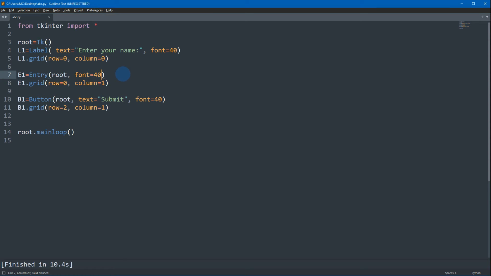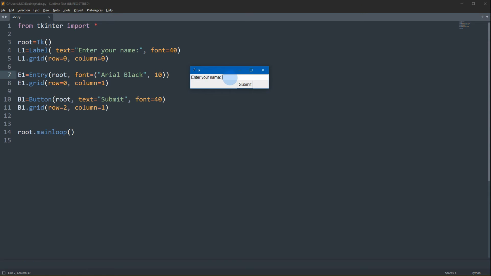Okay, so aside from placing the font size, we can also change the font style of the widget. So we can have parentheses for font to group all the properties that we want to change on our font. Now let's try using Arial Black with size 10. Now let's try the output. On our entry, guys, let's try entering our name. Let's try IDS. Then the output is like this. So this is the Arial Black with size 10.